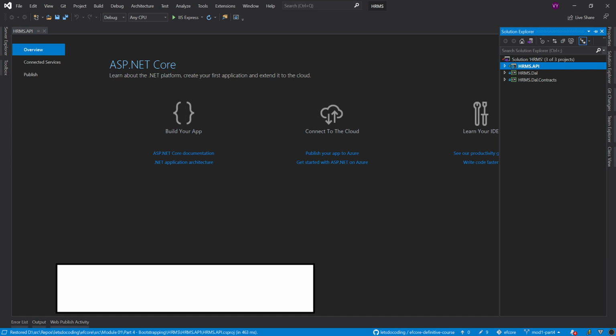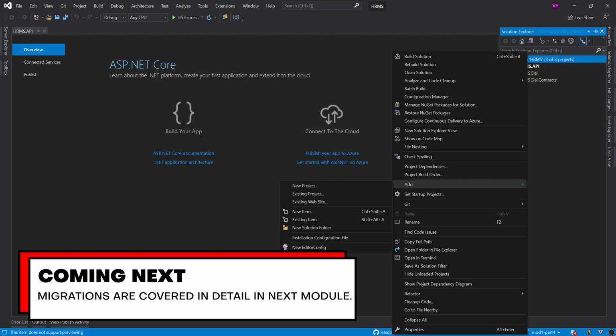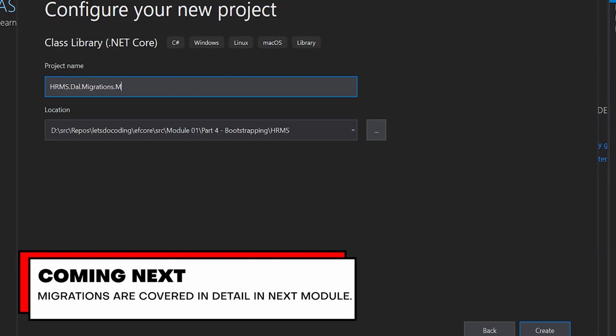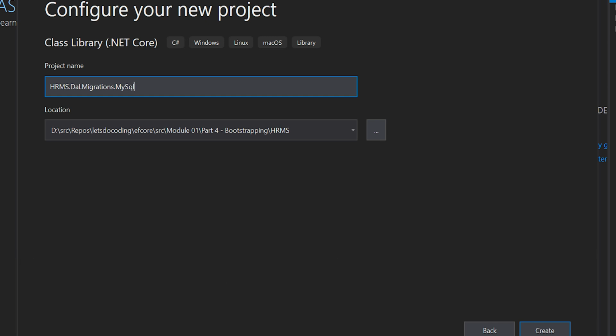But anyways, for now, let me just quickly add one more project and that will basically be responsible for holding the migrations. And the preferred way of doing that is to use a migrations.database type. This helps us identify specific database types that we want to have. For instance, if we want to have a Postgres, we can have a separate project where we can store the Postgres specific bindings over there. So anyways, let's just create the project and move forward.